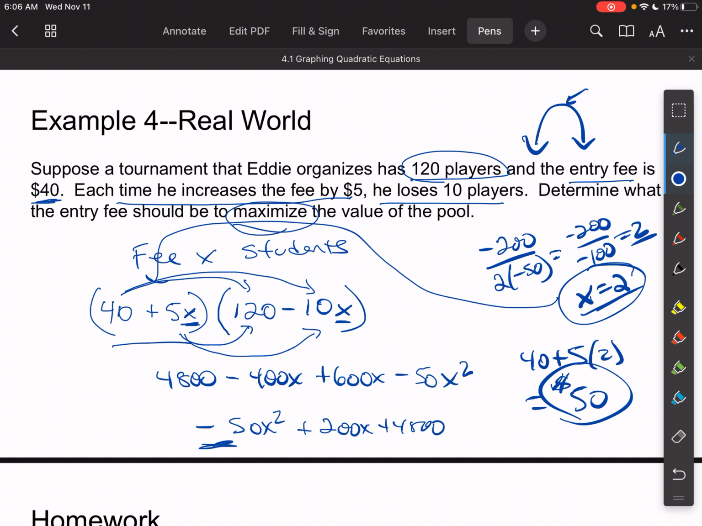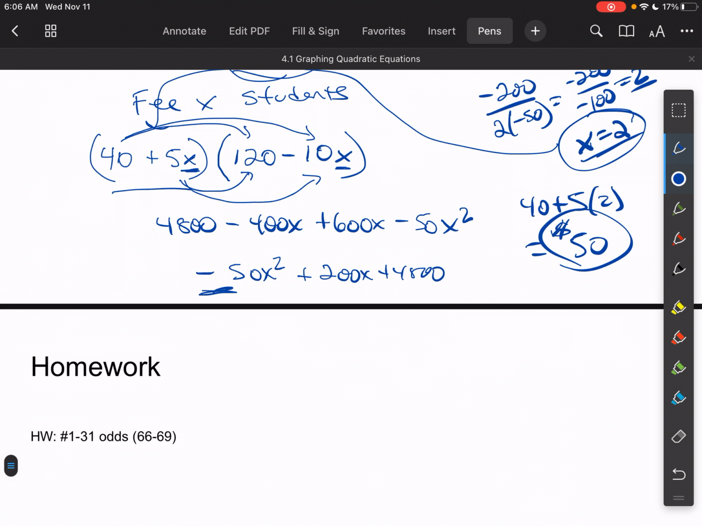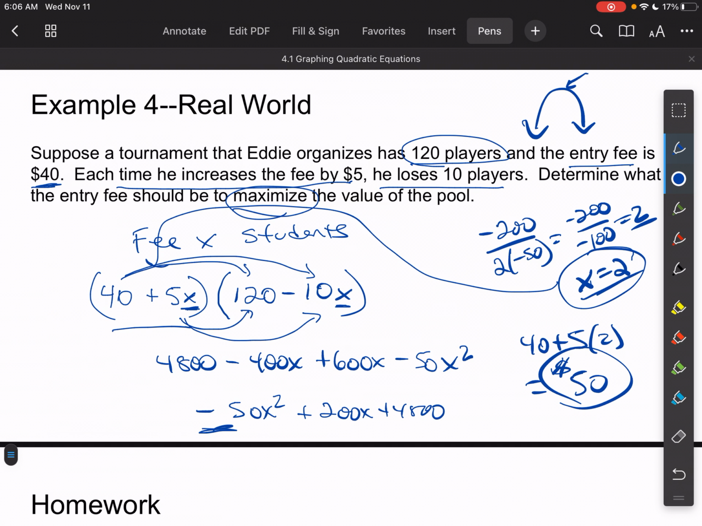Okay, so that's a real world problem, you guys. They'll have another one like that. Just remember that when you're setting it up, think about the core of what it's asking you, and then make an equation for each individual piece and FOIL them out to get your quadratic. All right, that's